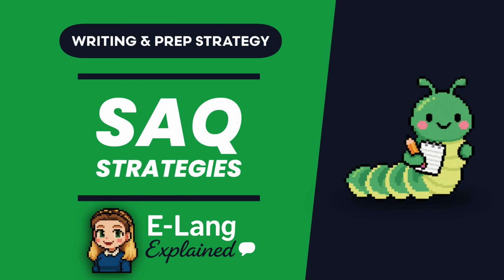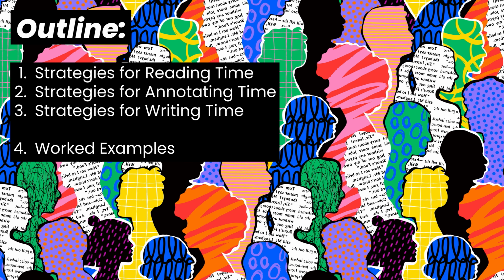Today's video is all about Section A of the Elang exam. Worth 15 marks, we're talking about the short answer paper. In today's video, we're going to start off by talking through 3 strategies that you might like to start using when completing short answer papers. And in the second part of today's video, we're going to have a look at a sample short answer together, including unpacking the questions, looking at the marking guide, and talking through some sample responses.